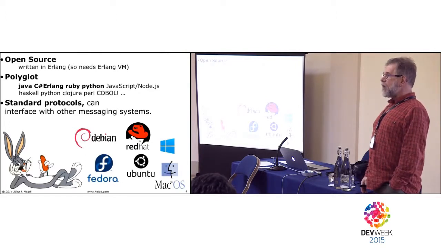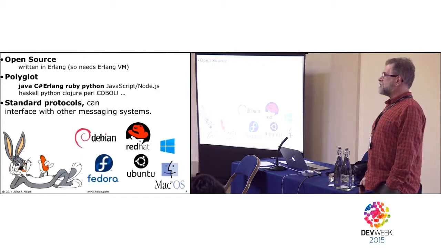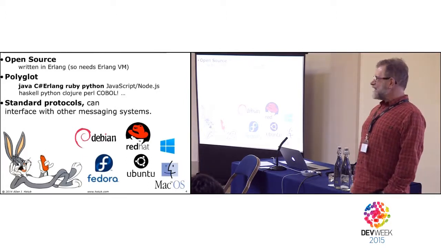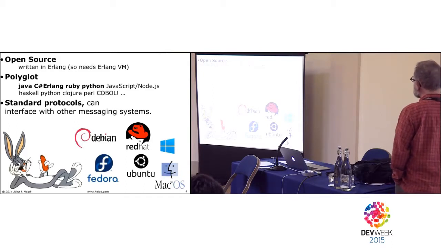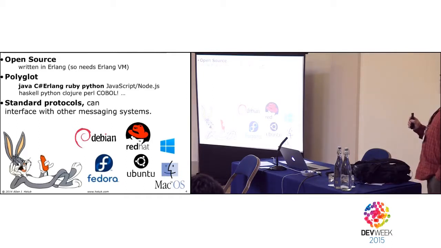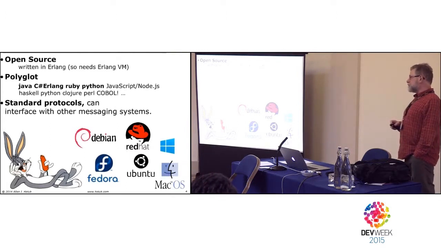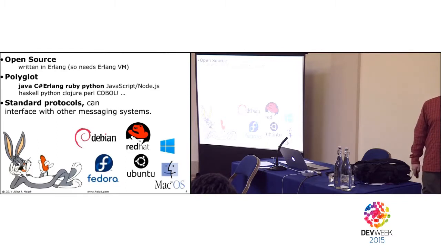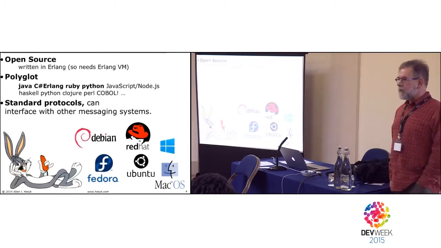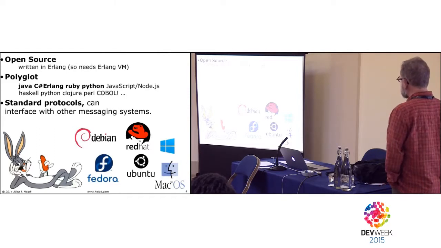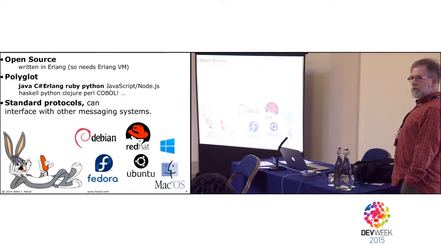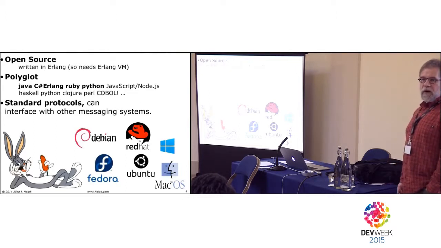Erlang has exactly one reasonable application to write in the language, and that's a messaging system. In other words, the one thing that a pure functional programming language gives you is thread safety. It makes it really easy to write heavily multi-threaded applications without having to worry about all of the problems that we usually ascribe to that. Messaging brokers are very heavily multi-threaded. So Erlang is actually a pretty good choice, except there's nobody in the world who understands it except the people that work on Rabbit. So practically speaking, the only downside is that we have to install the Erlang VM in order to run Rabbit, but that's done automatically when you install Rabbit, so it's not a big